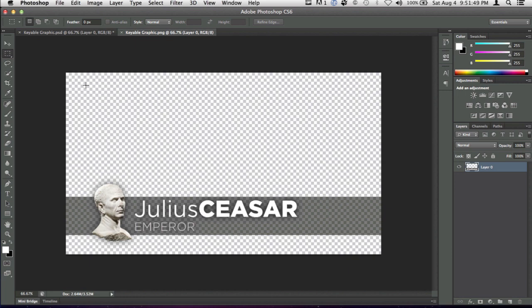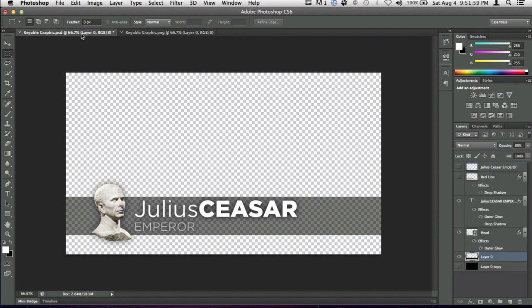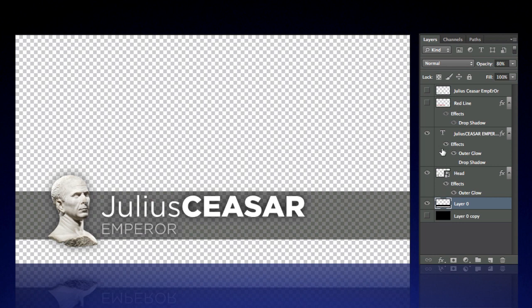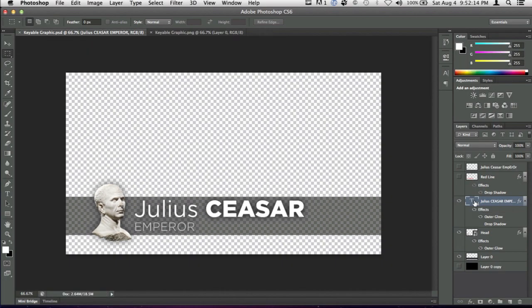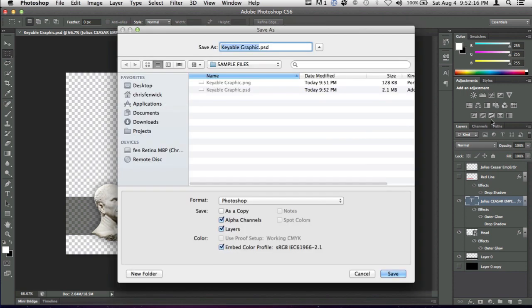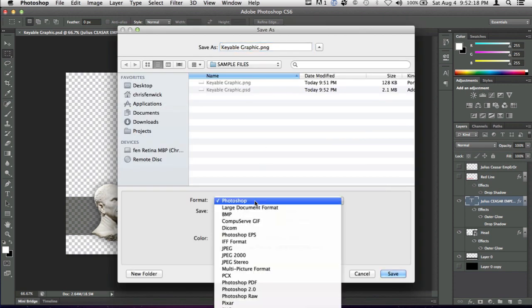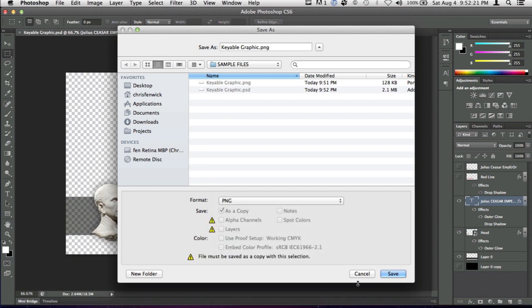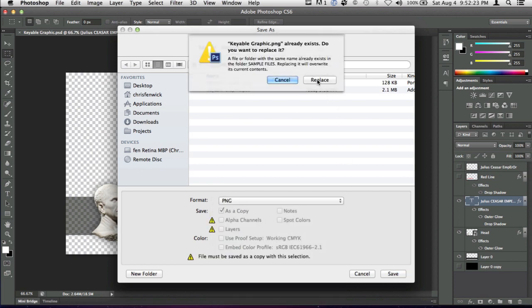Now it's important to keep your PSD around. Don't save over it, don't delete it, don't throw it out, because it's highly likely I spelled something wrong here. So you'd want to be able to go back to the PSD, the Photoshop document. You can then get into the actual text layer here, and be able to change it, move your cursor around, maybe add a space, hit save, do another save as, save it over the original PNG, here's the PNG, hit save, replace it, yes,